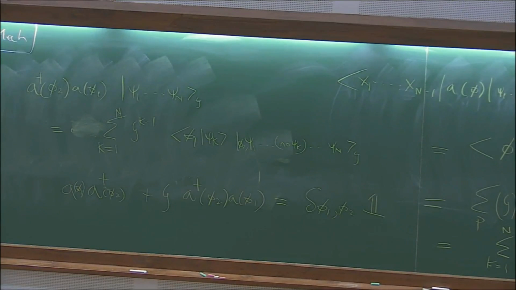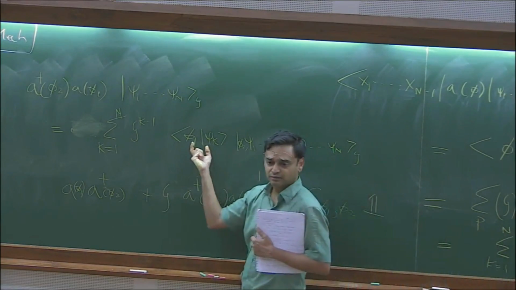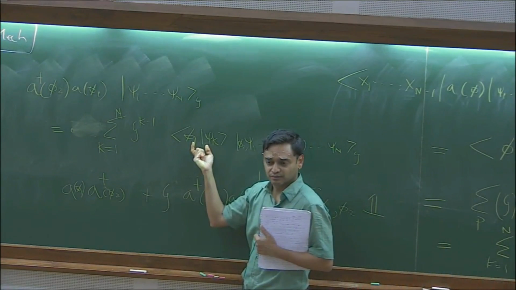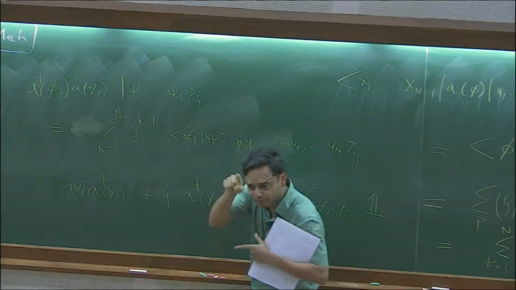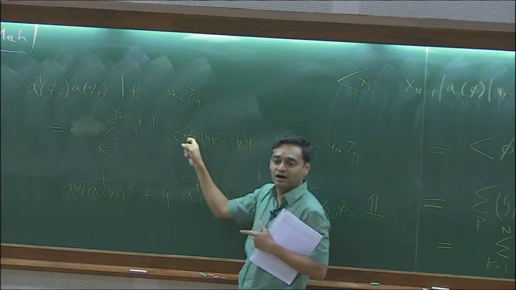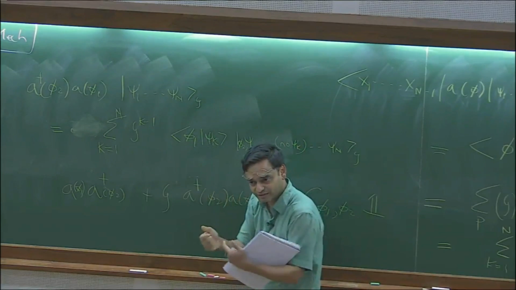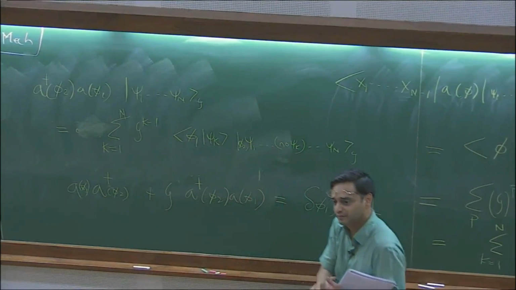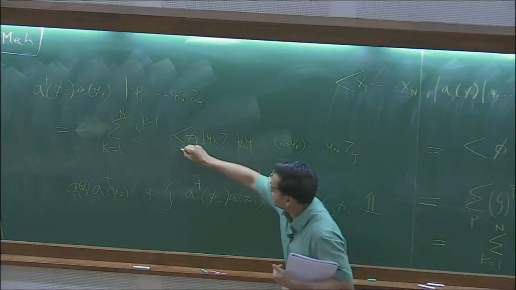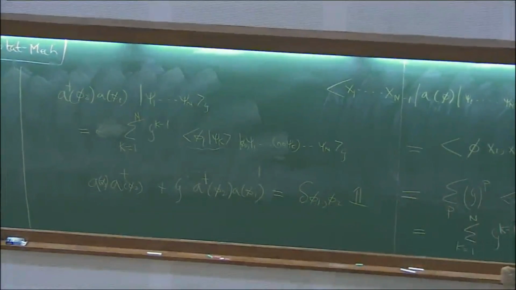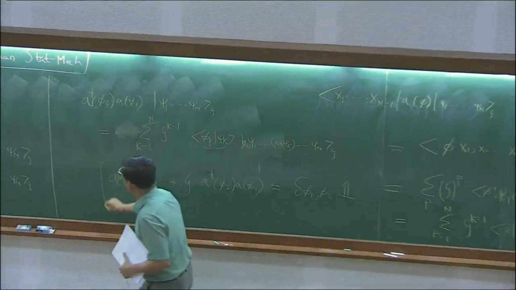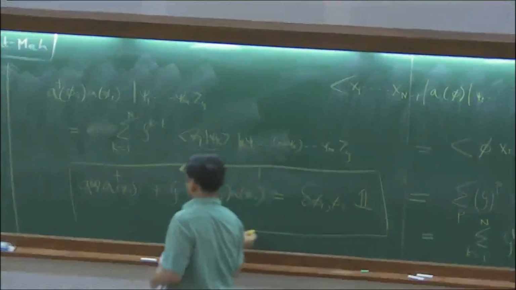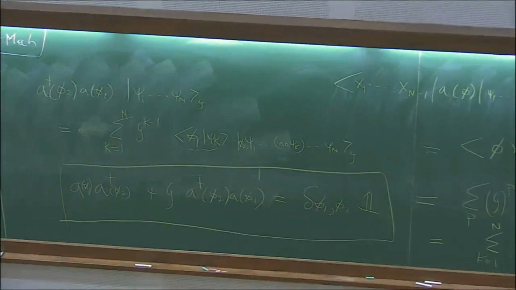Sorry? No, of course not. This is a number. This is, you've taken the overlap, you've done the integral phi star times psi, this function, and integrated. This is a number. Remember, overlap of two vectors is a number. Yeah? So you see, this is the algebra that these operators that create and destroy particles, bosonic and fermionic, obey.